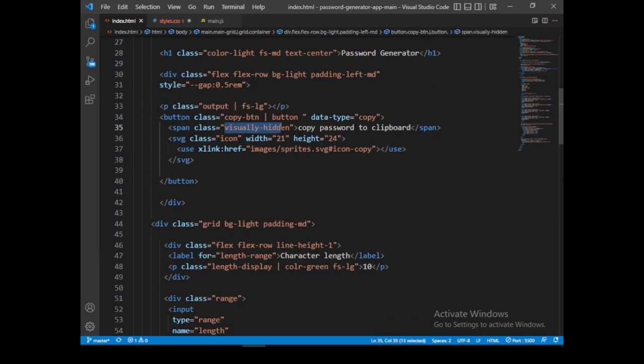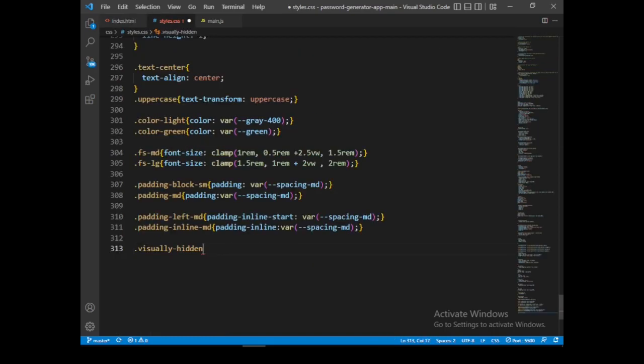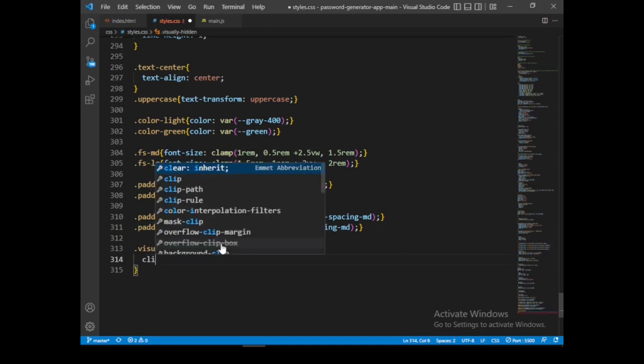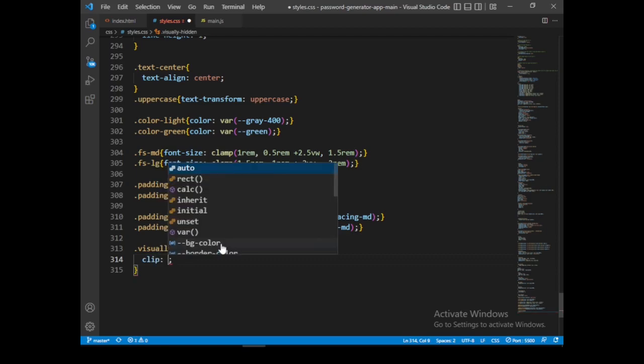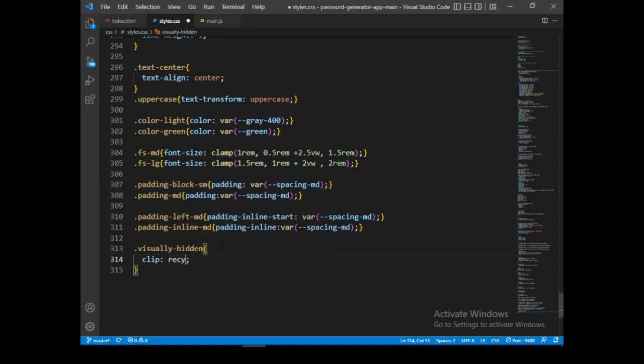Just copy it there, and if you want to avoid typing errors, then we're going to clip it. First, we're going to clip it. Then after that, we are going to set the clip path